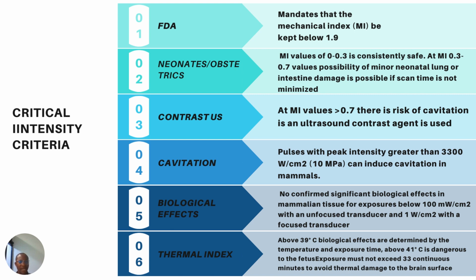FDA recommends that all mechanical index values should be kept below 1.9. So if you are doing neonate and obstetrical study, make sure that you are operating between the range of 0 to 0.3, which is consistently safe. So if you are operating above that, maybe you are within the range of 0.3 to 0.7,